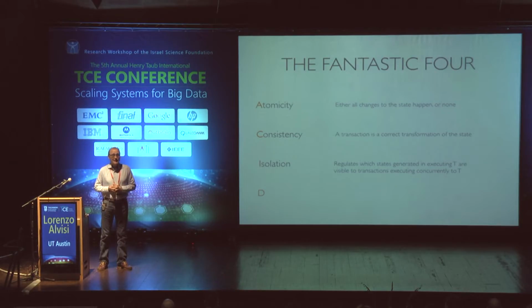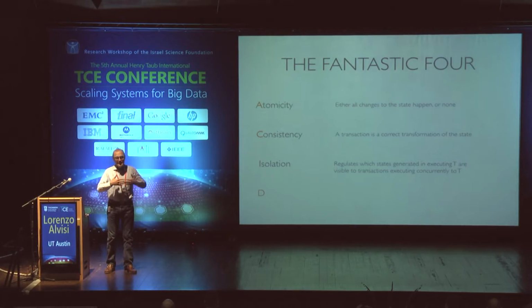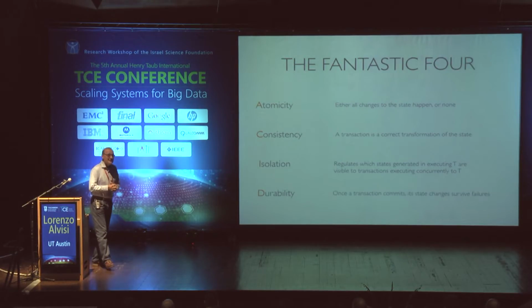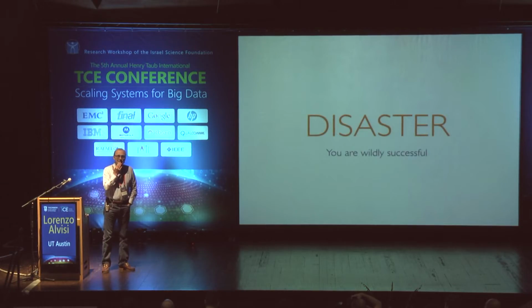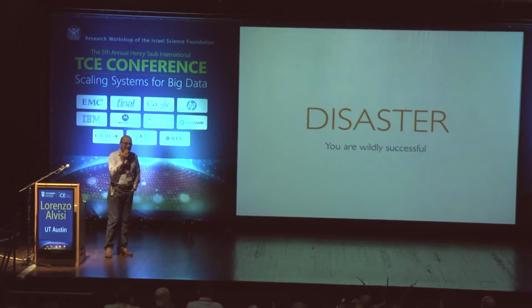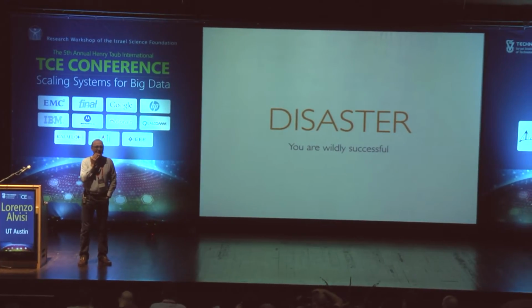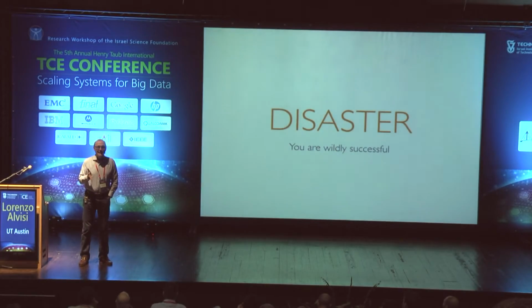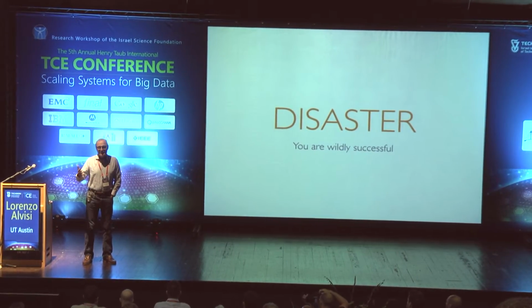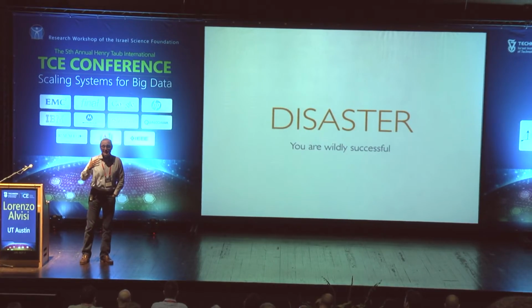Here, the gold standard, of course, is serializability, that says that none of the intermediate state actually becomes visible, and the result of executing a series of transactions concurrently is equivalent to some sequential execution of that set of transactions. And finally, durability, that says that committed transactions, like diamonds, are forever. So everything works well until you're actually successful. And you were dreaming about the fact that everybody was going to come and use your system, and now that it seems that almost everybody in the world does, then the very properties that were making the choice of an ACID relational database a good idea when you were first developing your system can actually feel like